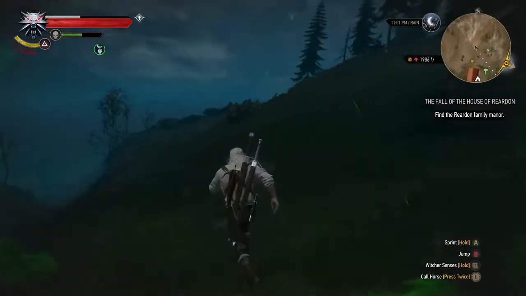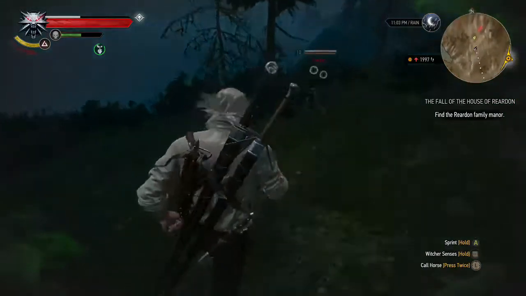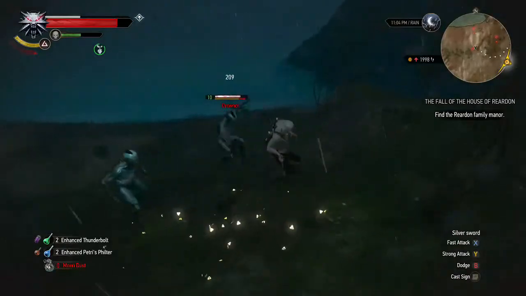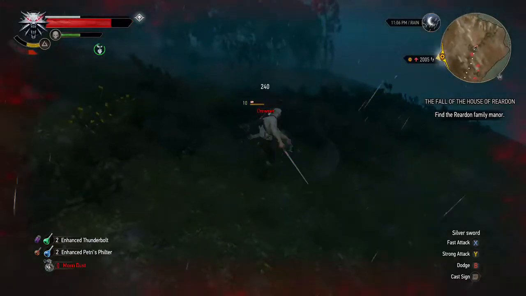What's that? Are these Neckers or are these Drowners? Looks like a Drowner maybe. Might take them out anyway. Because why not? So again, if you can get one burn in, then you can...